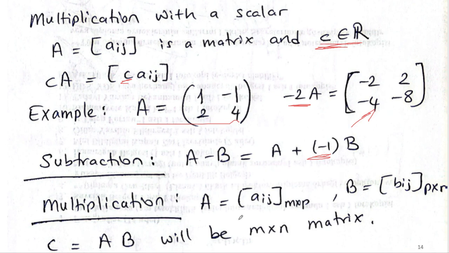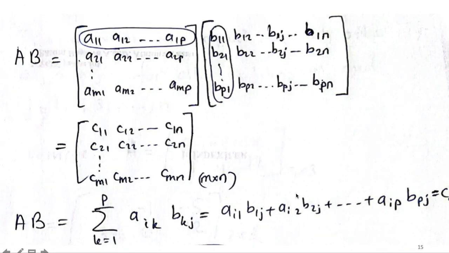Multiplication. In multiplication, again, you need to make sure the dimensions match. If we have an m by p matrix A, and if we have a p by n matrix B, then the multiplication will give us an m by n matrix because of these dimensions. And here is how we do the matrix multiplication. In matrix multiplication, you will consider row by row and multiply with the columns in the same order for the